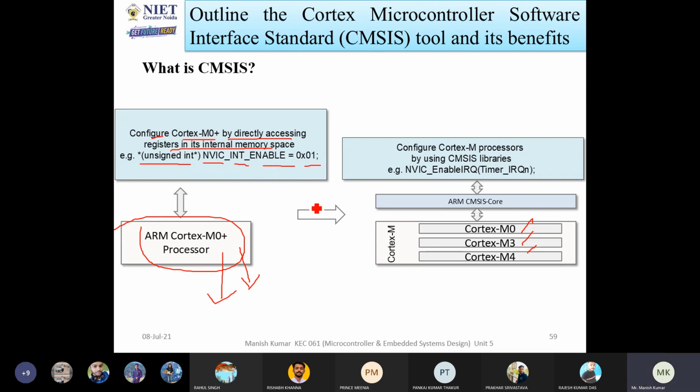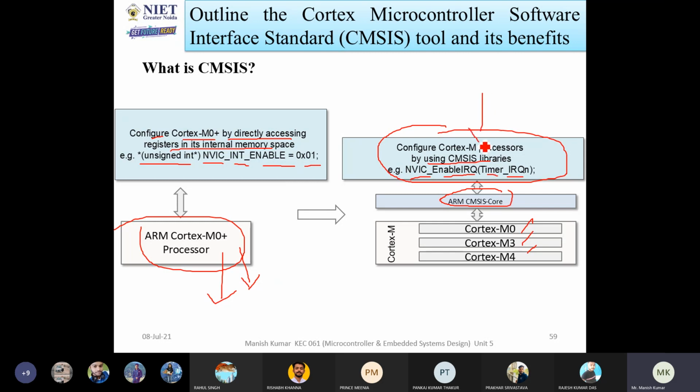So now you can see when we are doing this with the CMSIS. So this is the ARM CMSIS core. Whatever programs you are going to write for configuring the Cortex-M processor by using CMSIS libraries, NVIC enable interrupt request, timer interrupt request. So in this, what will happen?